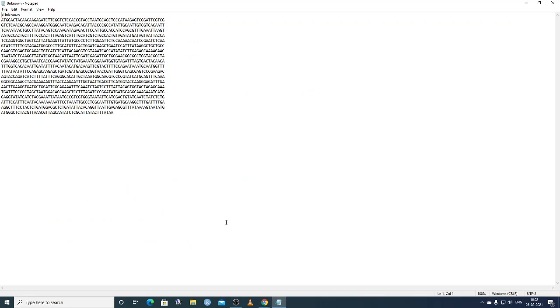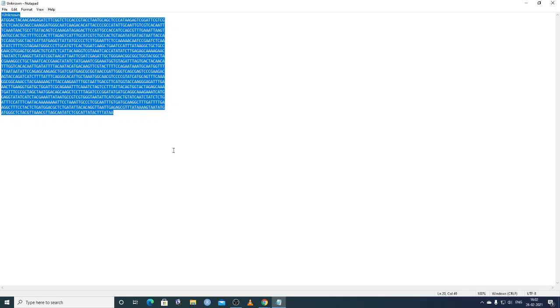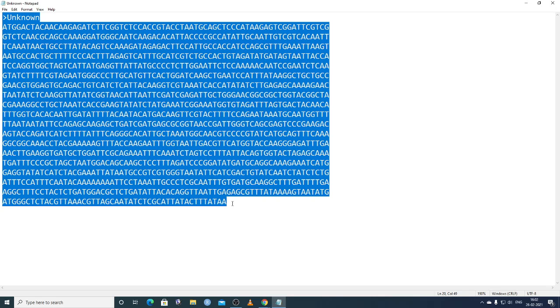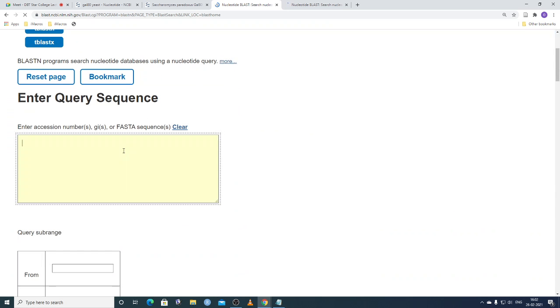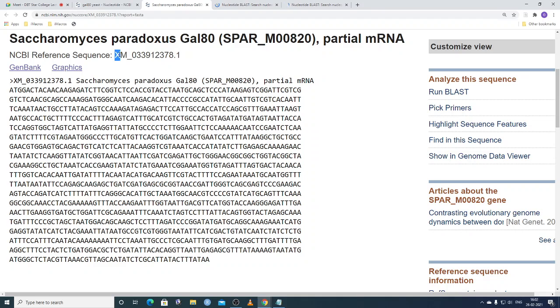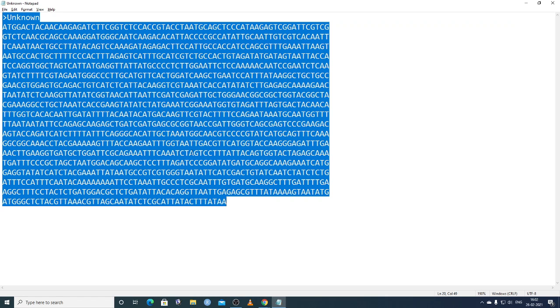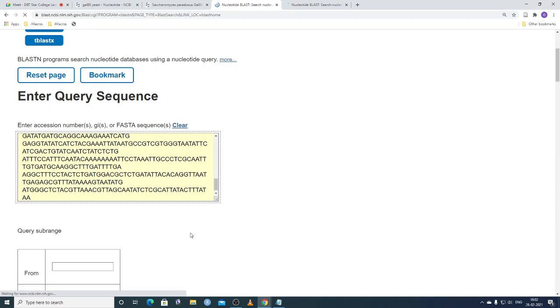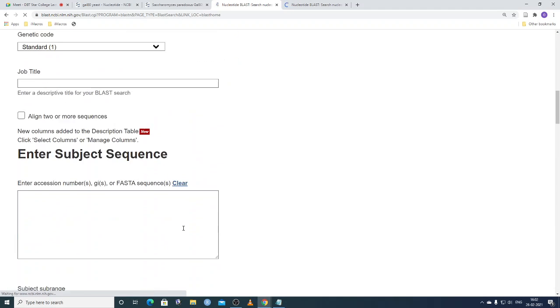we can copy this sequence. This is a FASTA file format. FASTA means a greater than symbol and some name. This is unknown, so we kept it as such. We copy it and paste our sequence as FASTA. We can also enter the accession number or GI number, a number like XM_0. But for example, we don't have an accession number, we only have this sequence. So we can enter this sequence here like this. So we have entered our sequence. We have to